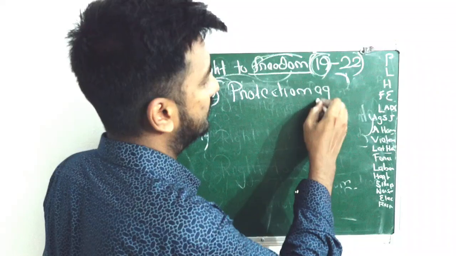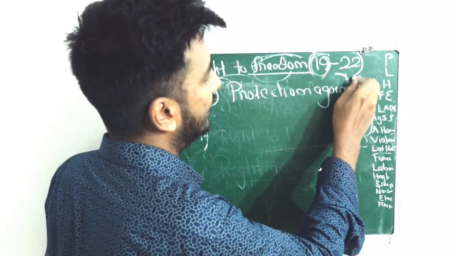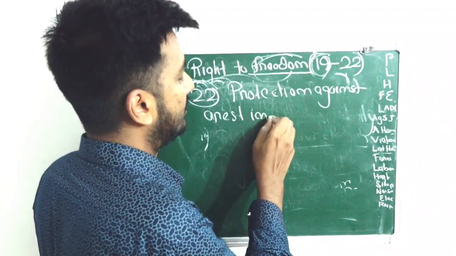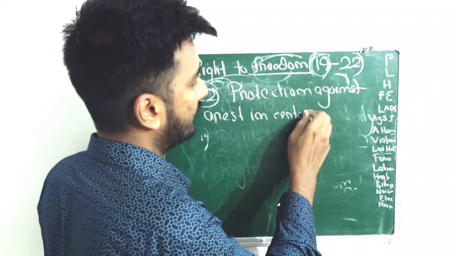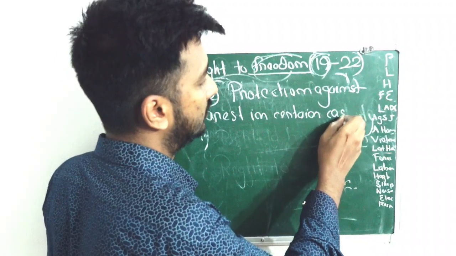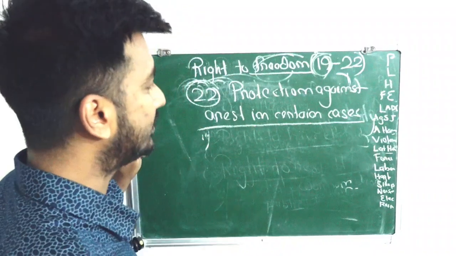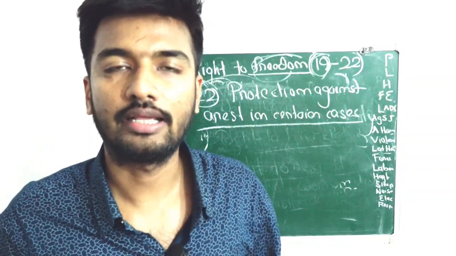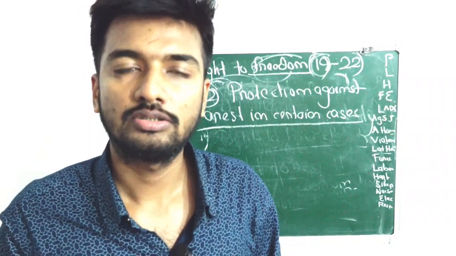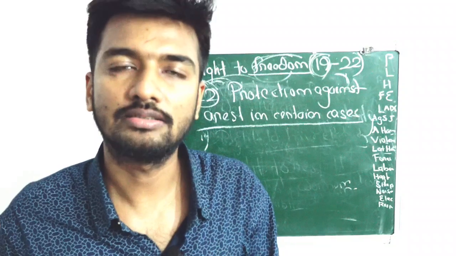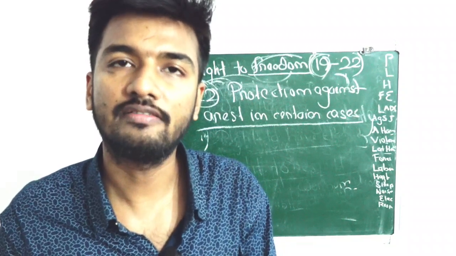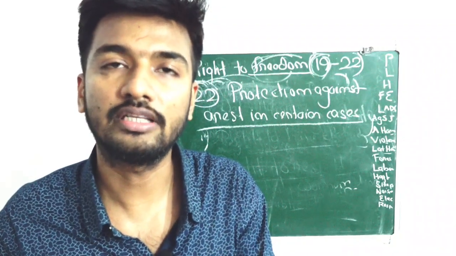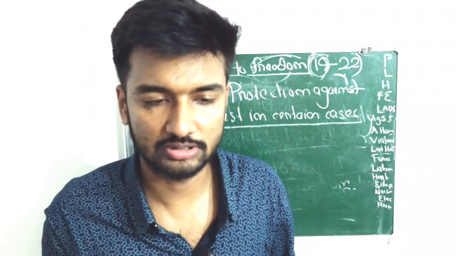What does it mean? Police cannot arrest in a routine manner. If the police think during the course of the investigation that arrest is not required or not mandatory, if you are cooperating with the investigation,